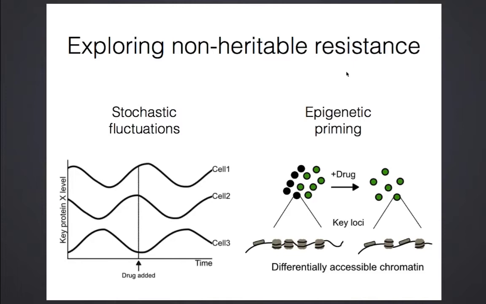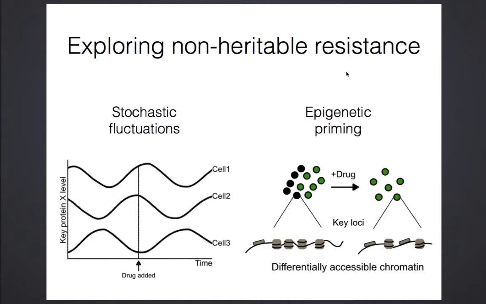So apart from that mode of thinking about non-heritable resistance, the other big thing that people talk about, and it's been widely published, at least in the last 5 years or so, is the idea of epigenetic priming, the idea that there might be something happening epigenetically that is controlling how a cell could be resistant to a drug, right? So, for example, there might be a certain accessibility of the chromatin that confers the ability to overexpress a particular protein or a bunch of particular proteins or factors that might be important in resisting apoptosis,